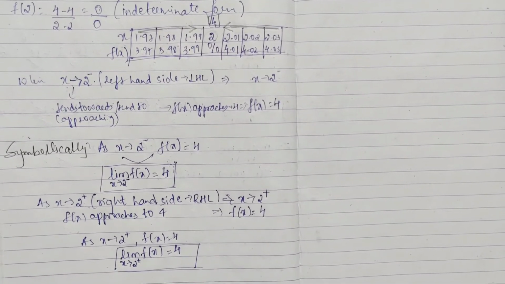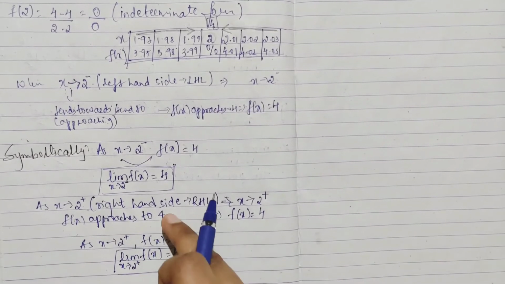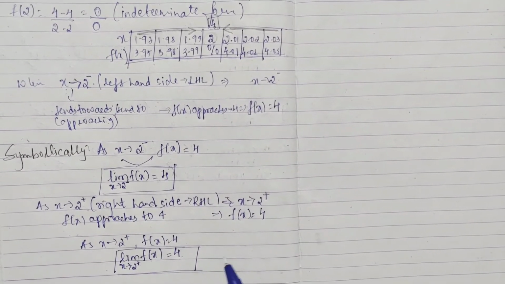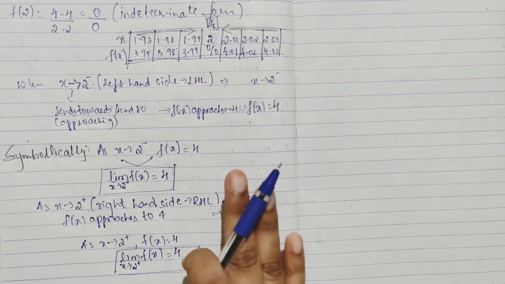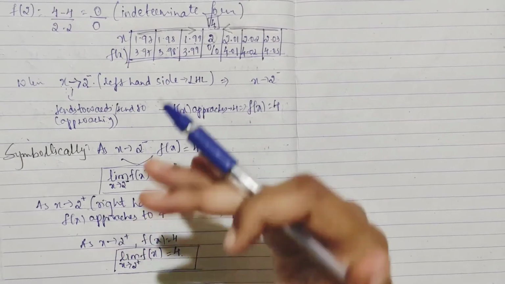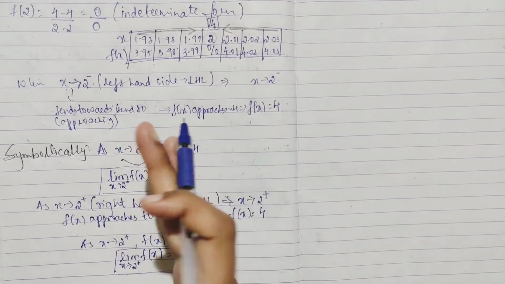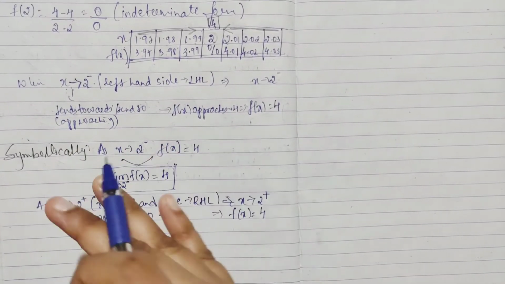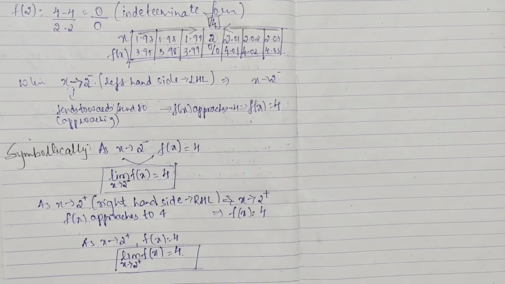So you can see, when x is approaching towards 2, your f of x is approaching 4. This is what is called a limit. A limit is like this: you are tending towards, which means you are not finding the exact value, you are finding the nearby points too, before 2 and after 2. That is the role the limit plays.